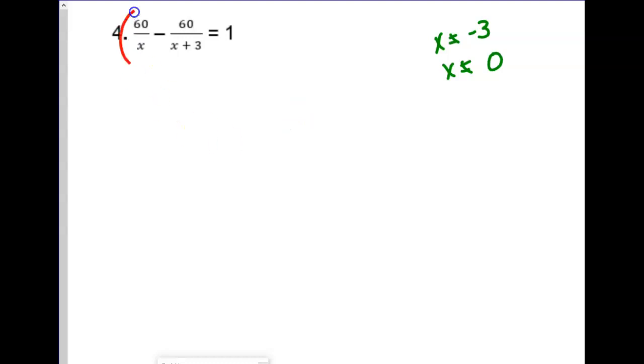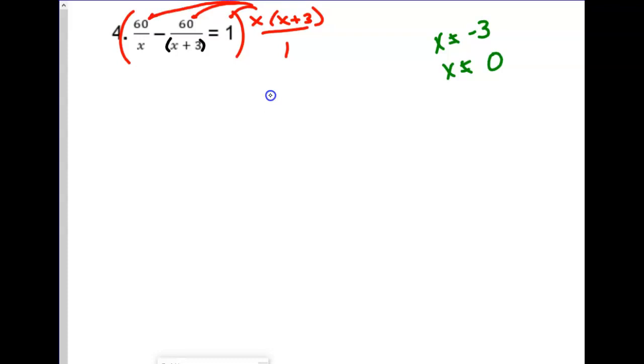So big parentheses around the whole problem. If I look at my denominators, remember x is not the same thing as x plus 3. Not even close. So when I ask you what are all the terms that I have to knock out, you're going to say you have to knock out an x and an x plus 3. So when that gets distributed to every term,